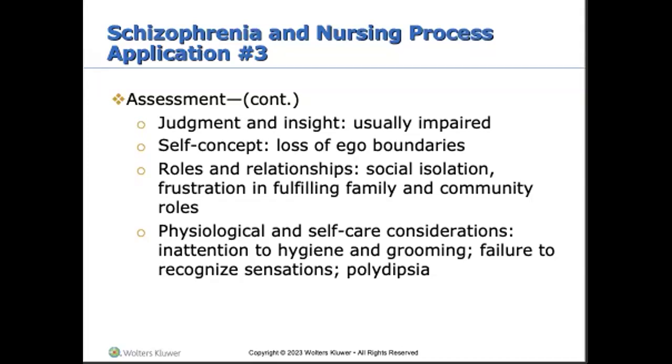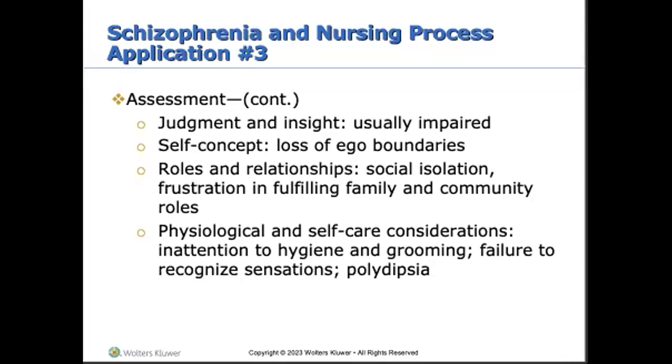With roles in relationships, social isolation is prevalent in clients with schizophrenia. This is as a result of the positive symptoms like the delusions, hallucinations, and loss of ego boundaries. Relating to others is difficult, especially when their self concept's not clear. Clients also have problems with trust and intimacy. These clients can lack confidence, feel strange or different from other people, and do not believe that they are worthwhile. This also results from them avoiding other people.